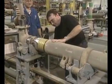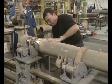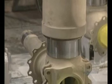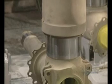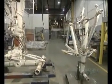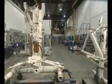The shock absorber tube goes into the piston. This part absorbs the shock stresses when an aircraft lands. The piston is now slid into the cylinder, and they verify that the shock absorber is leak-proof. Fabrication finishes with paint baked in an oven. Some 6 to 8 months are required to make a new landing gear, and between